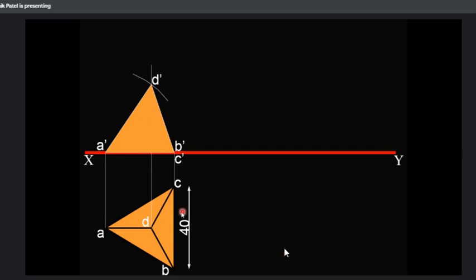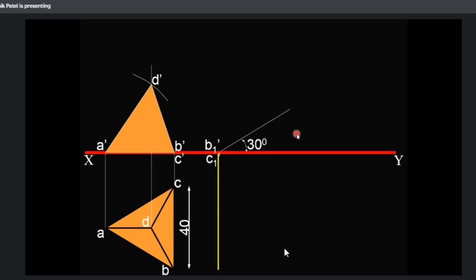Now, the triangular pyramid tetrahedron is resting on side CB. It is resting on side CB. Now, the lateral face containing that edge is inclined to the HP plane. So CB is an edge. Now, lateral edges means C, D, and B. You will see in the elevation it is D dash C dash. So you will incline this D dash C dash at theta angle. Clear?